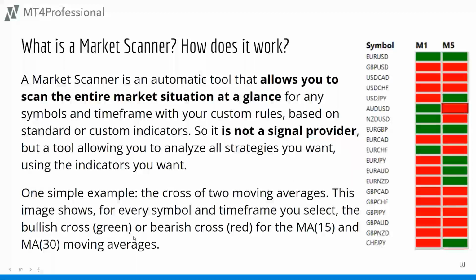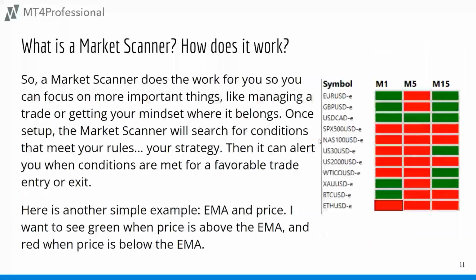So that means a bullish cross, I'll show green, is when the 15 period moving average crosses over or greater than the 30 period moving average. And a bearish cross would be when the 15 period crosses below or under the 30 period moving average. So that helps me to see that the moving average crossovers are trend identifiers or potential trade entry points. So that gives me a really good setup for potential trades.